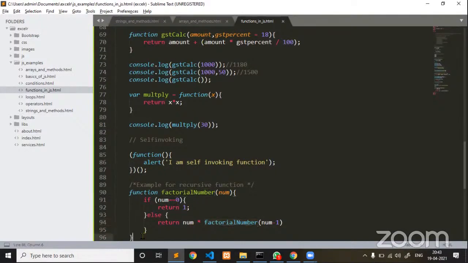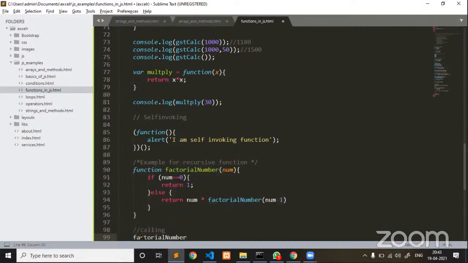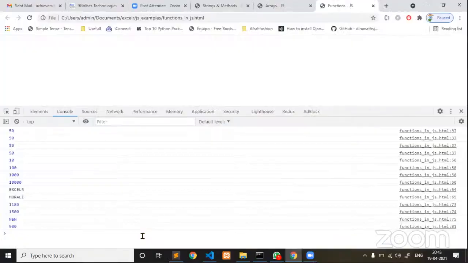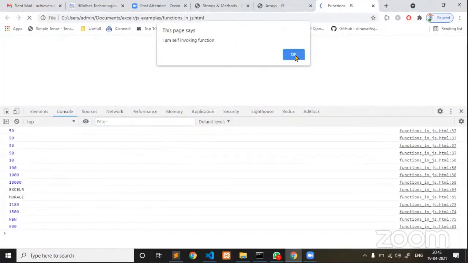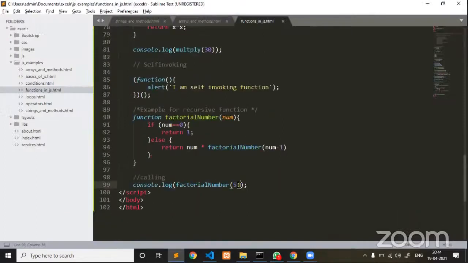So now how are we going to call this function? Factorial of a number. If I try to pass 5, let me see, it is returning output, the returned output that we want to display in the console. Now 120 is printing. In case I try to give factorial of 50, factorial of 50.